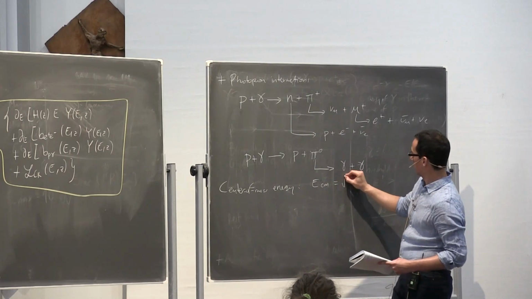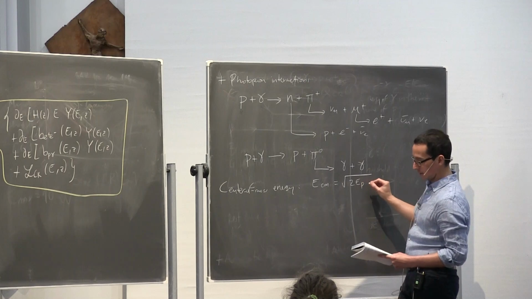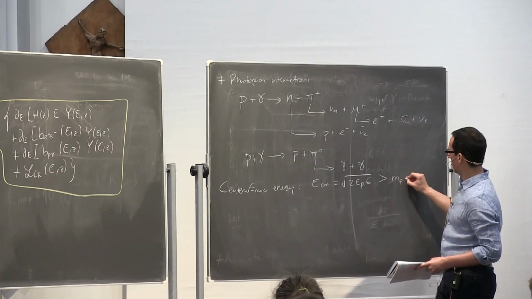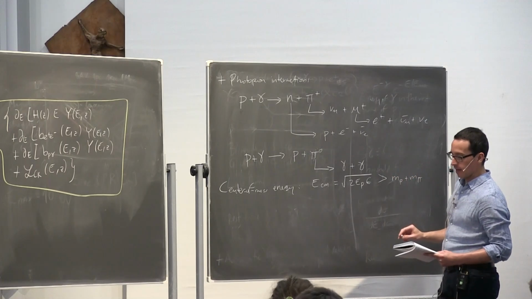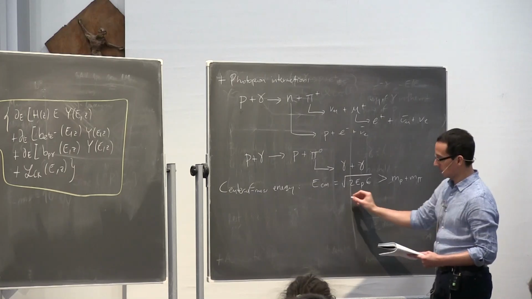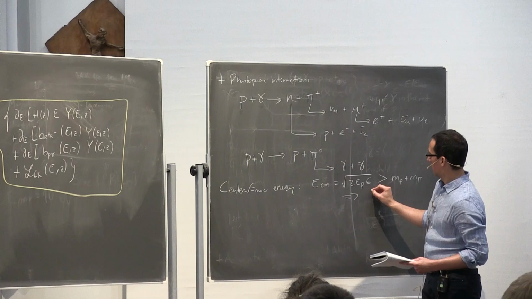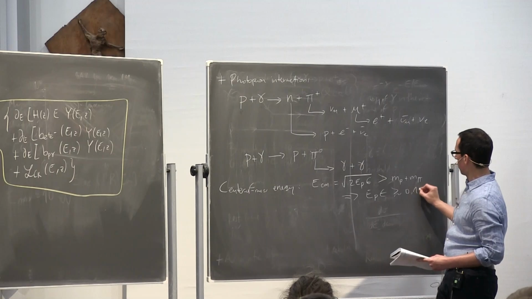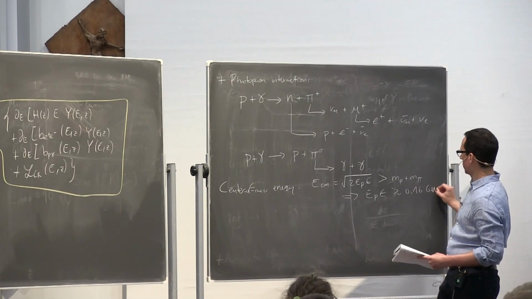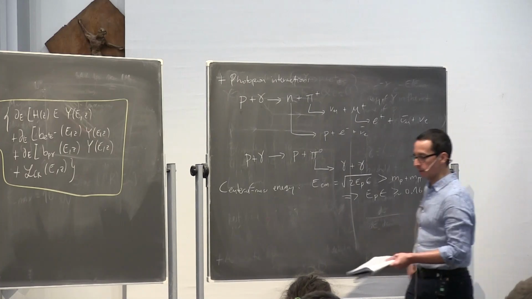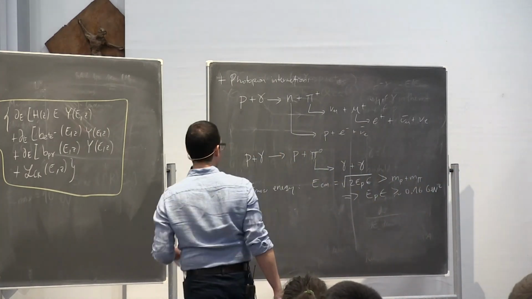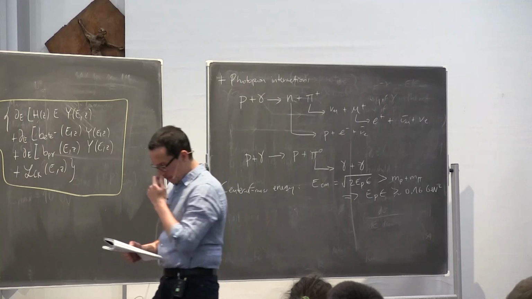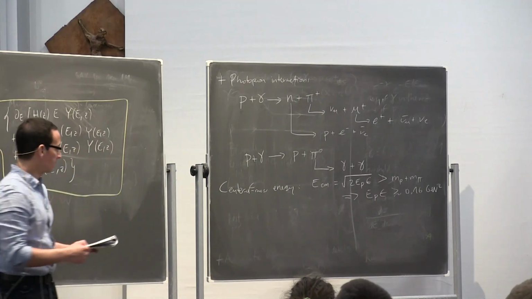the kinematics is always the same. So it's 2 times the proton energy times the photon energy. And this needs to be larger than the mass of the particles you're producing. And if you plug in the numbers, look at one of the exercise problems, it turns out that this imposes this condition. This needs to be larger than about 0.16 GeV squared. Product of proton energy and photon energy needs to be about that quantity. And the quantity is fixed just by the fact that you need to produce this. Okay, so for the CMB,